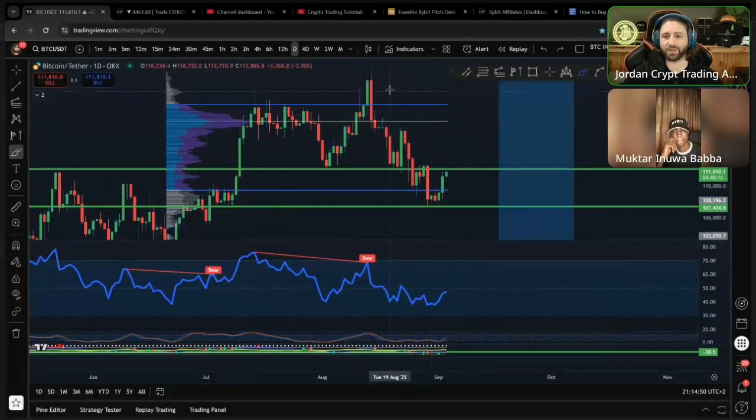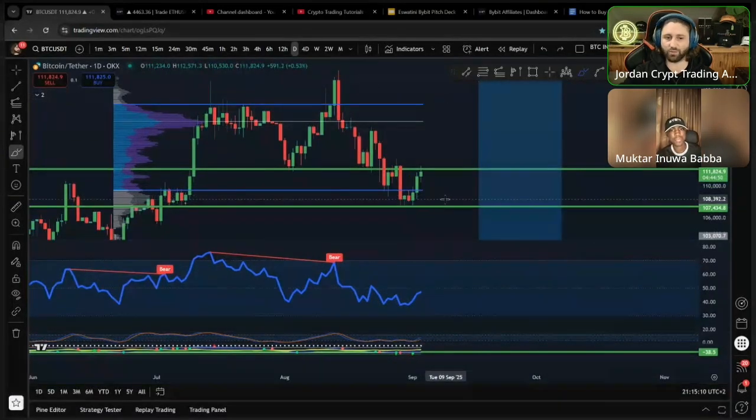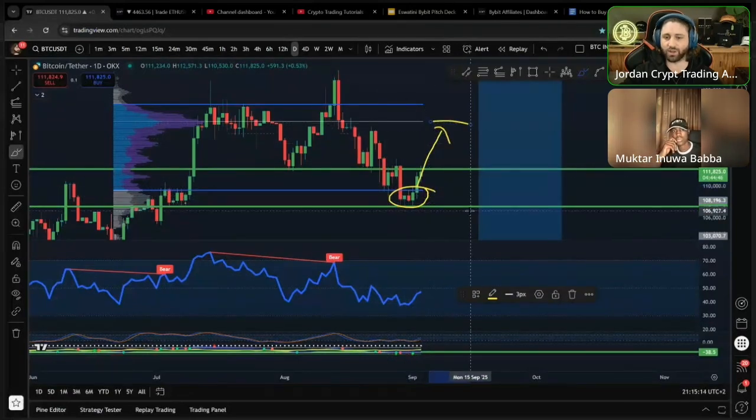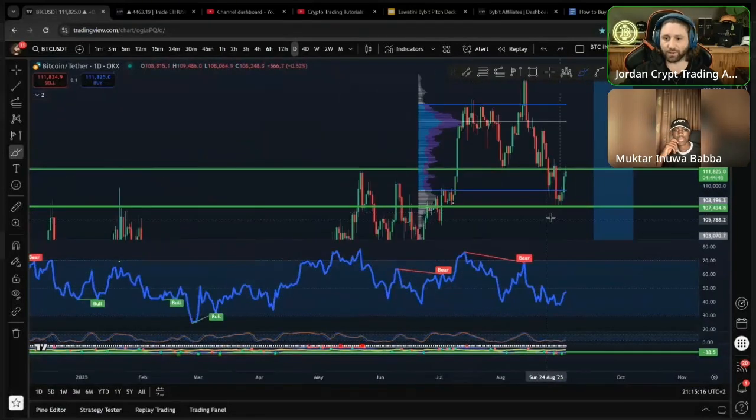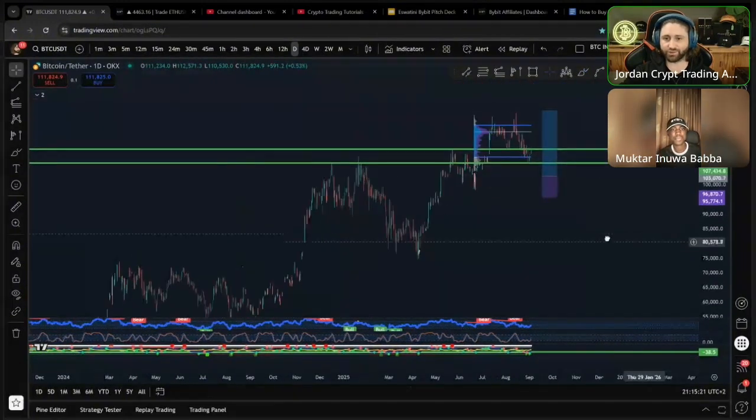Here you can see you moved away from the value area high towards POC. Two things can happen. Either your POC will hold and it will push you back up to value area high, or you will lose your POC, and that is a sign that you are going down to your value area low. So right now, as you can see, we are making a move away from the value area low back up towards the point of control of the current range. And this fixed range volume profile is a tool that you can throw onto